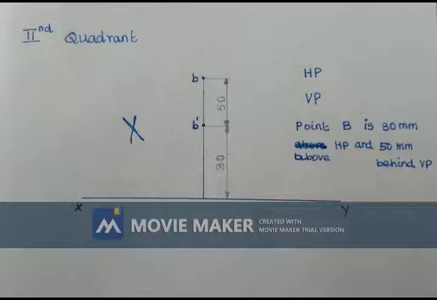So always you will be representing the front view with lowercase letters along with the dash. B dash is your front view and B is your top view. But why it is wrong is, see the example, right? The dimensioning I made is such that the 50 mm is dimensioned along with the 30 mm. So that is wrong. I will show you how to dimension it.